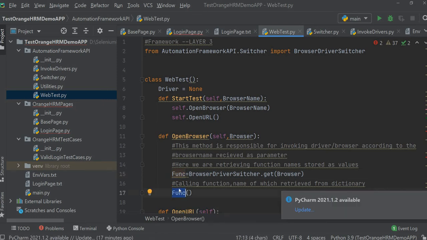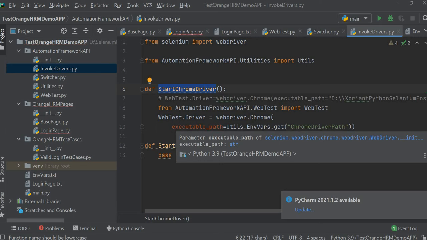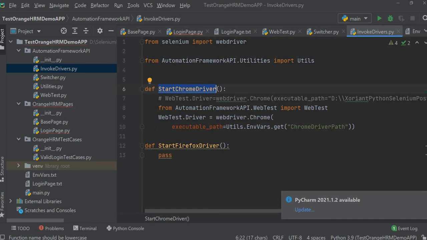So what is that function doing? Let's go here. This function got called, and it is setting our driver, webdriver.chrome, and the driver path. Now where is it getting that driver path from? It is getting it from that envvas dictionary which got created when we called this method.